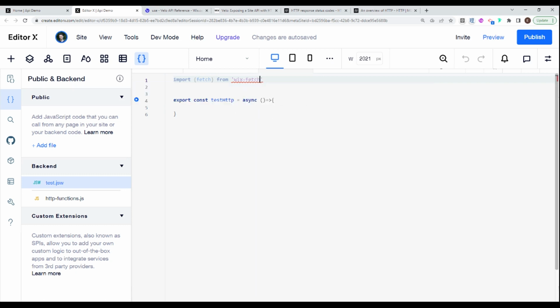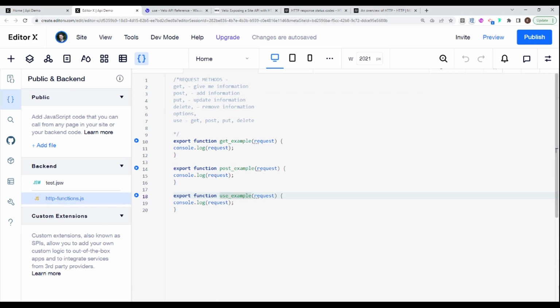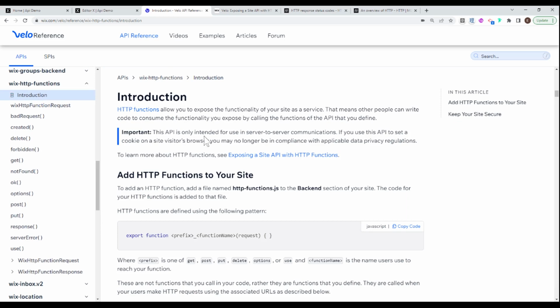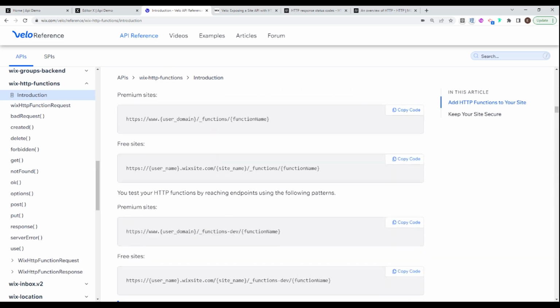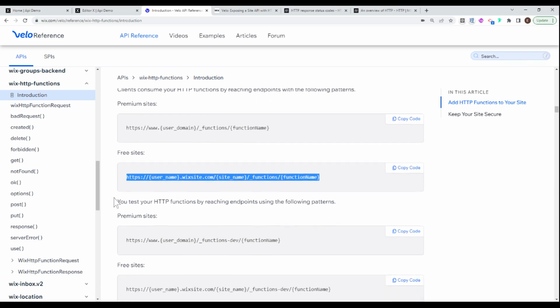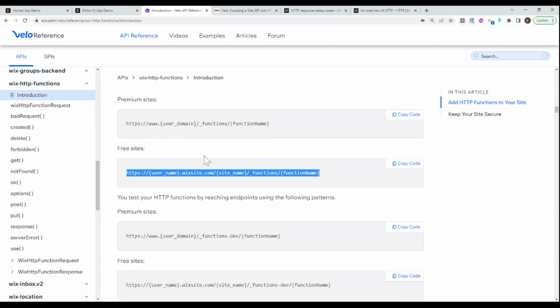So now in order to make a call to these HTTP functions that we just created, we need to know what the URL is for these functions. And that we can find in the documentation. So if you go here into introduction, then you can see here that they tell us how these URLs should be structured. And it's a little different if it's a premium site or if it's a free site, but you can use it on both. And I'm currently using a free site for the demo. So this is the structure of the URL. So I'm just going to go ahead and copy that over